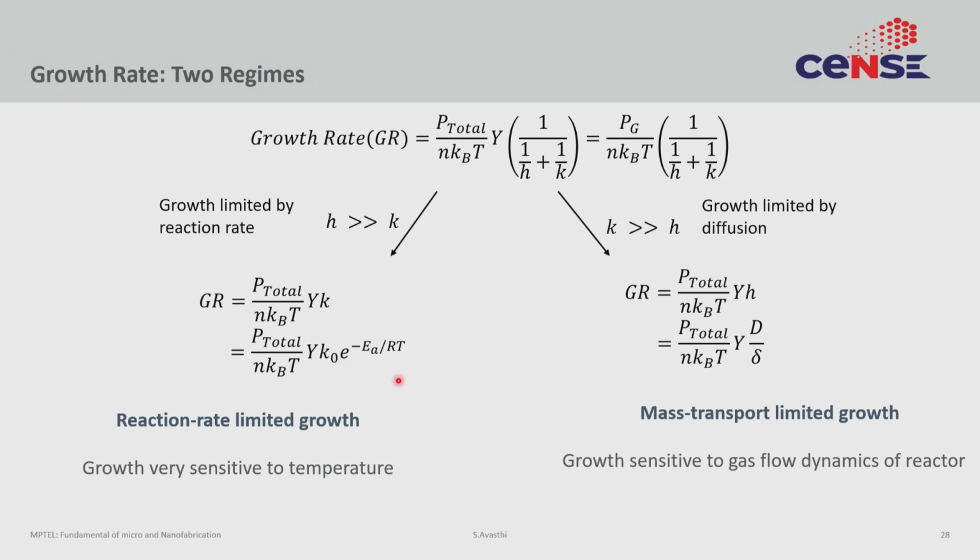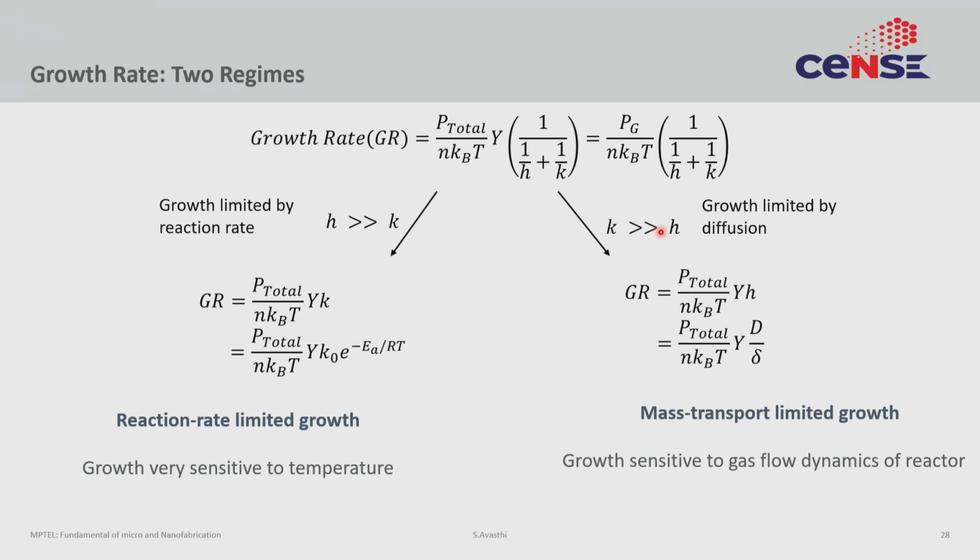Overall, if you look at this expression, you realize that it is linearly dependent on pressure, but exponentially dependent on temperature. So, the growth in the reaction rate limited regime is extremely sensitive to temperature. Just 50 degrees change in temperature up or down can actually change the growth rate by orders of magnitude. The other case is where K is much larger than H. So, in this case the F2 is not a bottleneck, the reaction can happen at arbitrarily higher